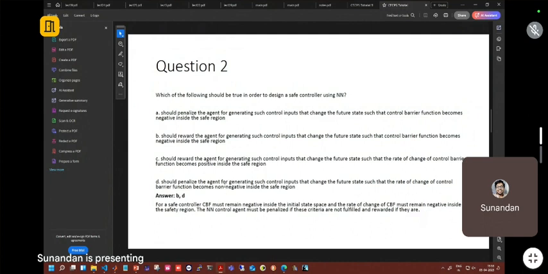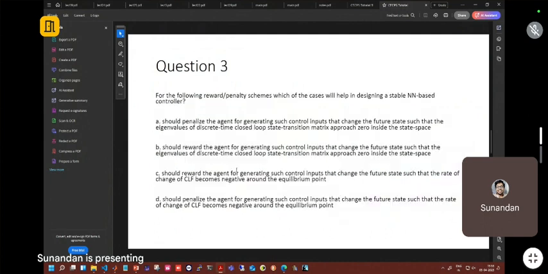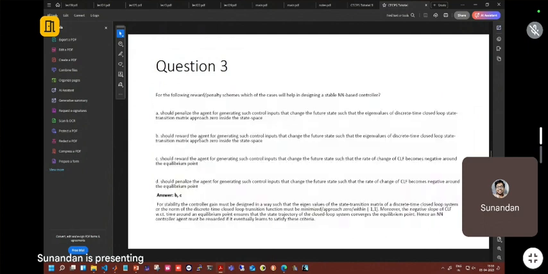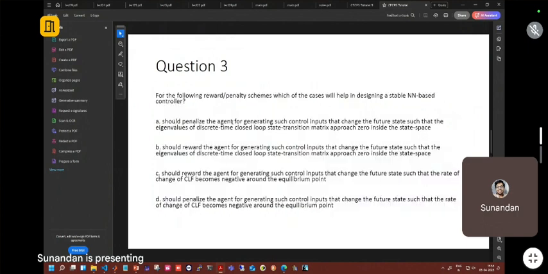So we'll try to avoid that. For that, we'll penalize it. So for a stable NN based controller, which of the schemes will be useful? Here also we should penalize the agent for generating such control inputs that change the future state such that the eigenvalues of the discrete time closed loop state transition matrix approach 0 inside the state space,